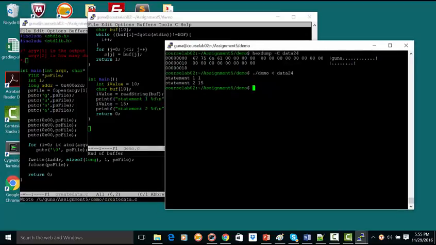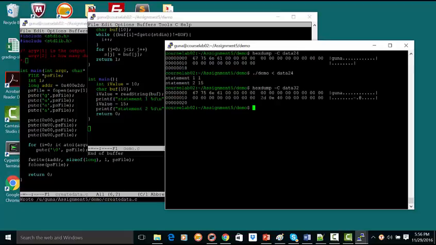It seems to print out these things. Nothing seems to matter. But if you look at data 32, let's do a hex dump of data 32. In this case, I have some weird number here. This is supposed to jump into something in this code. And if I run my code with data 32, notice that it does something really weird. It prints statement 1, statement 2, statement 2 again, and statement 1 and statement 2, and then